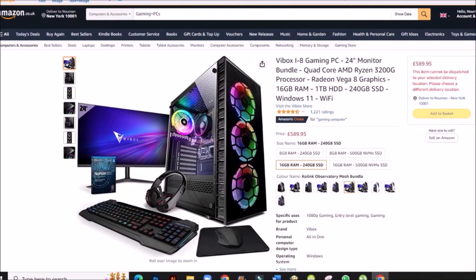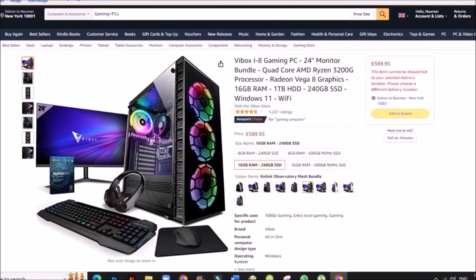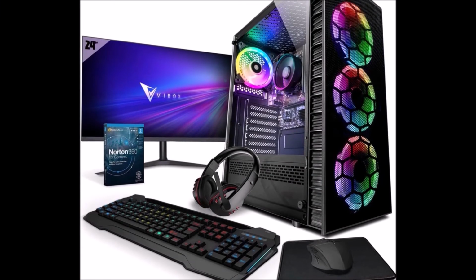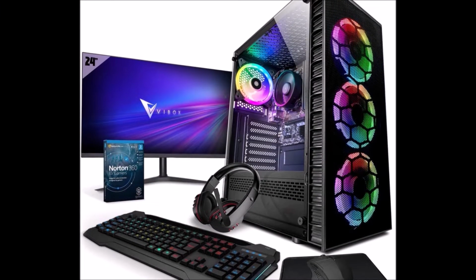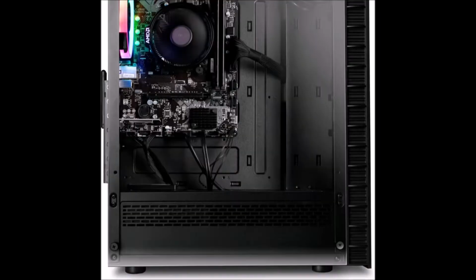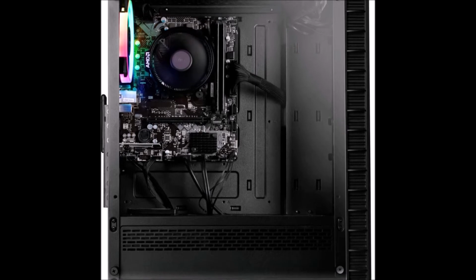An AMD Ryzen 3200G processor provides the solid platform required for a modern gaming PC, with quad-core technology for improved performance. Also included is a 240GB solid-state drive, meaning your new PC will boot to Windows in seconds, open programs faster and be more responsive. Finally, it includes a 1TB hard drive, providing enough storage space for even the largest library